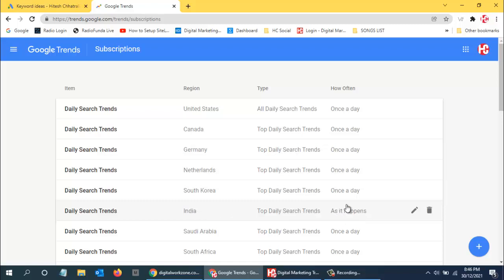In the once-a-day option, if something goes trending in the morning or afternoon and evening, it will wait for the end of the day and then send me one email with all the trending keywords. But over here, as it happens, I will get it immediately. So if there are multiple trending searches in a day in India, I will get multiple emails. For the other countries, I'm just saving the quantity of email.